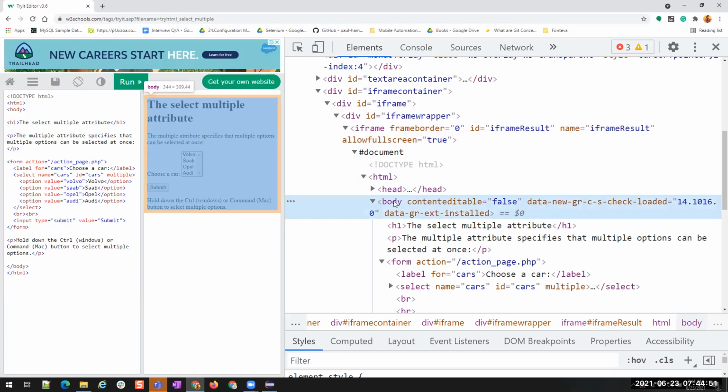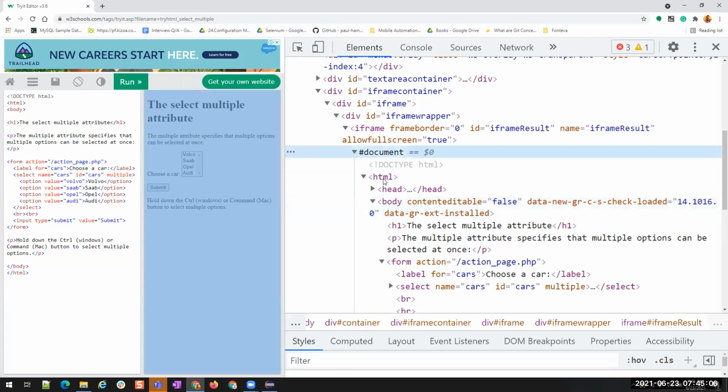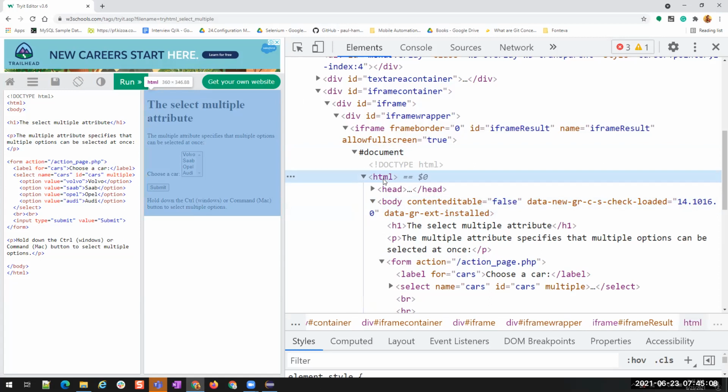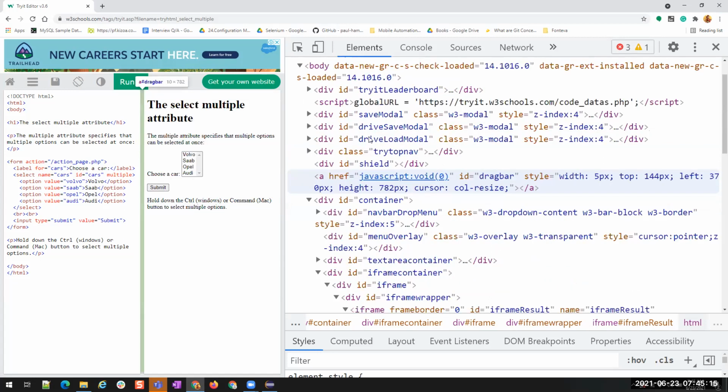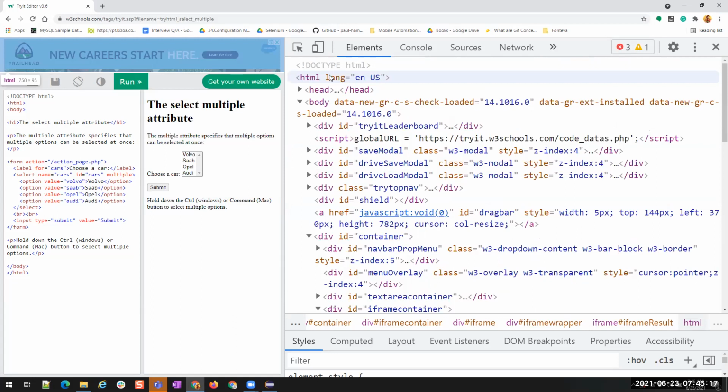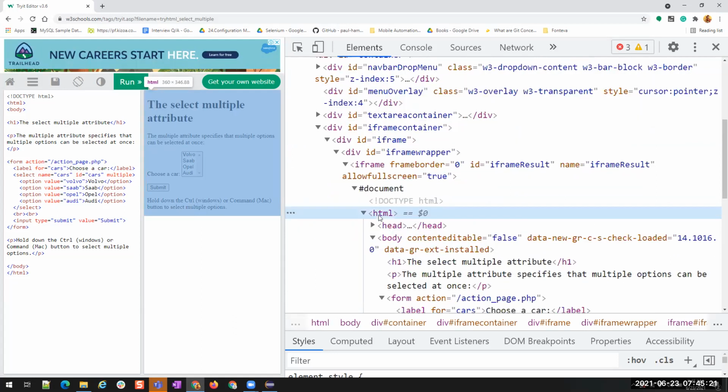That means an HTML inside an HTML. You're understanding my point? We have an HTML document, and this is again a separate HTML document. We have another HTML document in our HTML document.